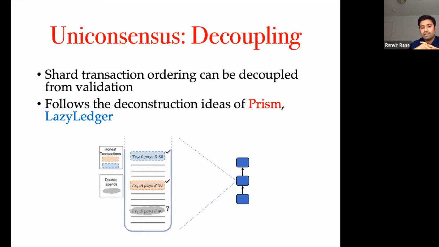Because ordering is done by everyone, as I mentioned before, in this single consensus, you don't want everyone to validate or receive all of the transactions. And because of that, you need to decouple ordering from validation. So once you have order, it's deterministic to validate transactions. This is a popular approach used in many protocols such as Prism, which achieves high scaling, and Lazy Ledger, which relies on a similar uniconsensus architecture and creates a sidechain from it. So you have decoupled validation.